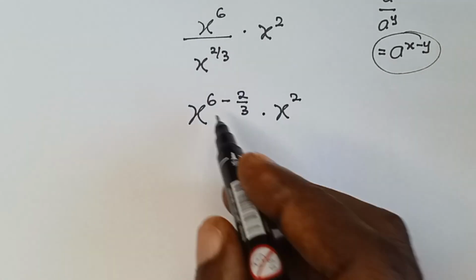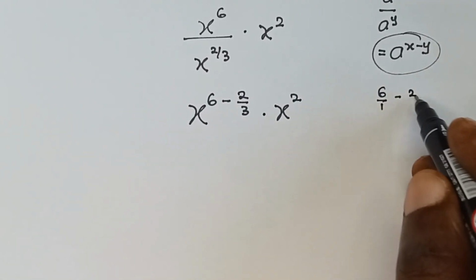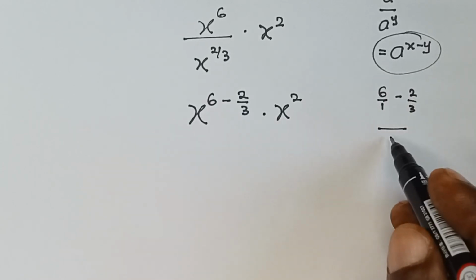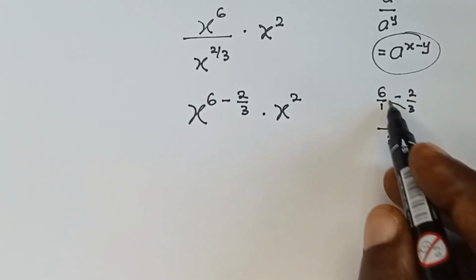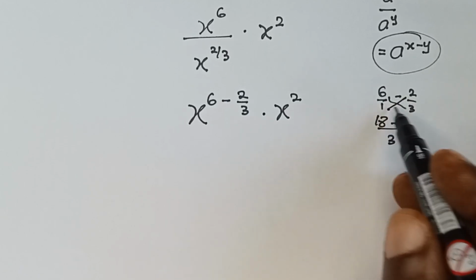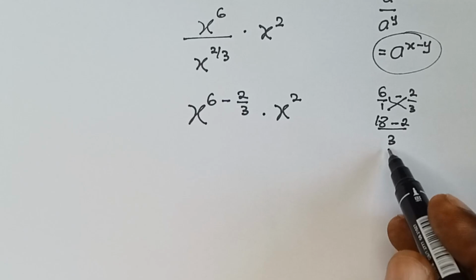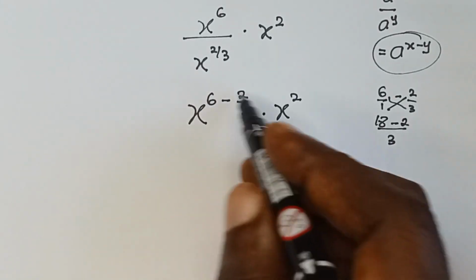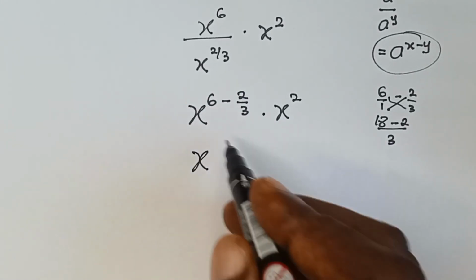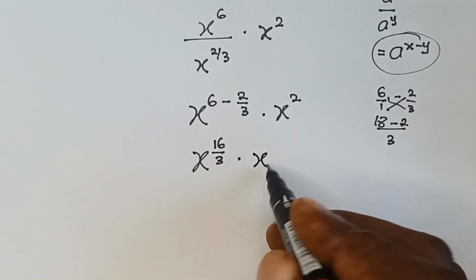Now, what is 6 minus 2 over 3? You can do that here. 6 over 1 minus 2 over 3. The LCM will be 3. And then this multiplied by this, 6 times 3 will give 18, minus this multiplied by this, that will give 2. So we have 18 minus 2, and that is 16 over 3. So 6 minus 2 over 3 is the same thing as 16 over 3, multiplied by x raised to power